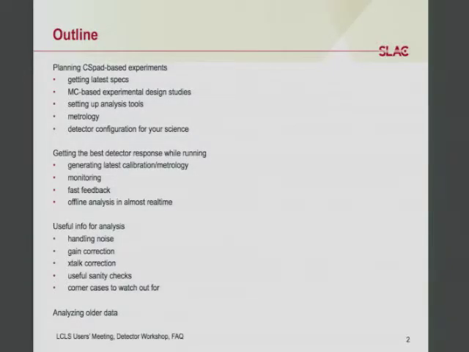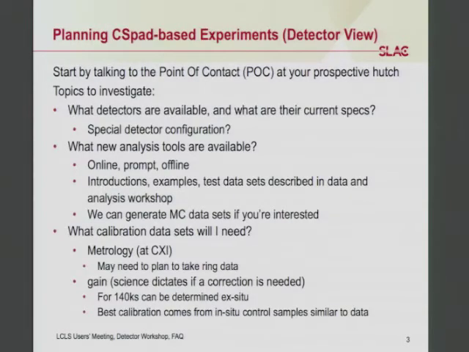So the things I wanted to talk about were planning CSPAD-based experiments, getting the best detector response while running, useful info for analysis, and a little bit about analyzing older data. So on the first topic, planning CSPAD-based experiments,